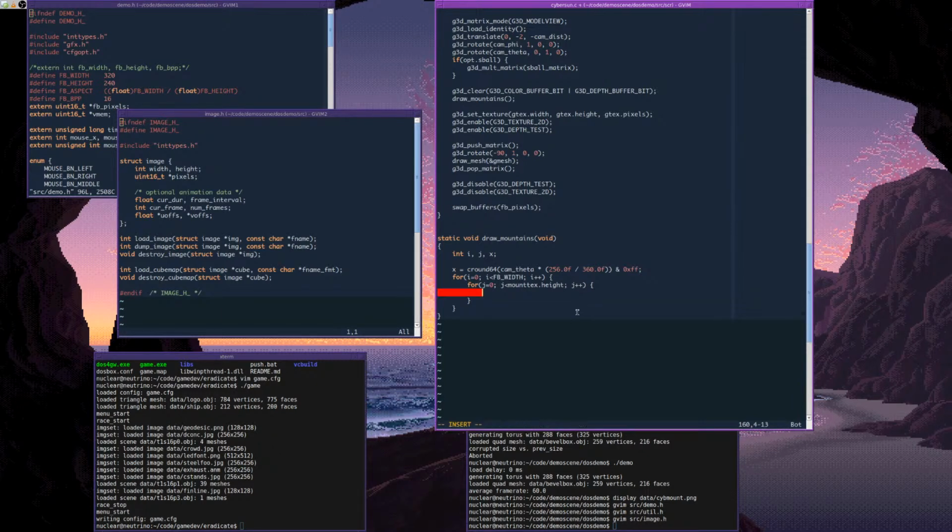and then, all right. So I need a pointer to the frame buffer. That's the first thing I have to do. Uint16_t. The pixels in the frame buffer are 16-bit values because I'm using a 16-bit color space for the demo. So pptr equals fb pixels, and what I want to do with this. All right. So for each column of the image,